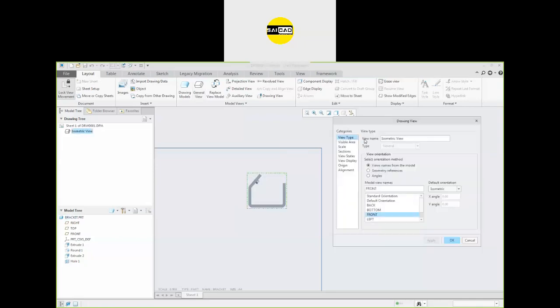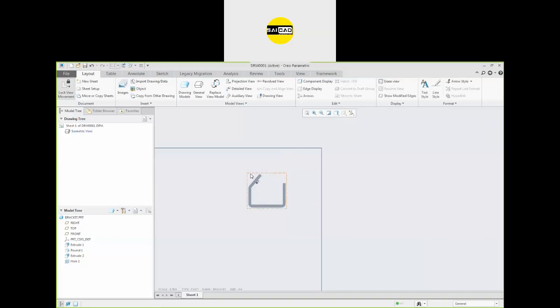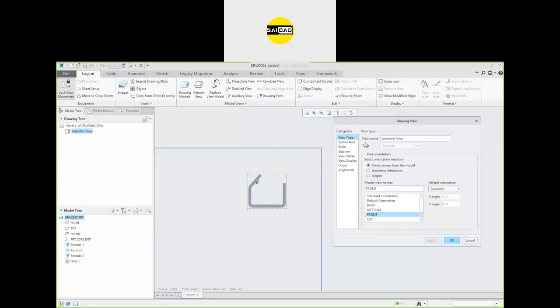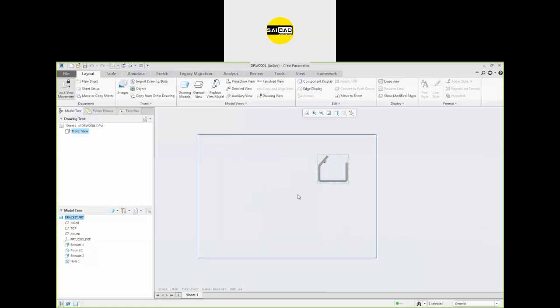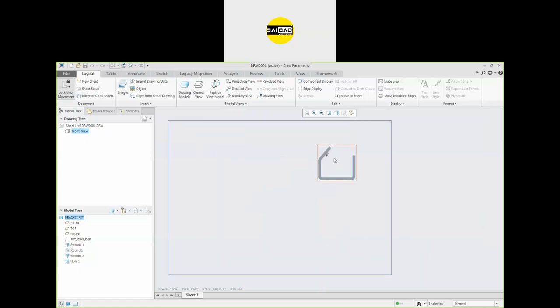Okay. If you double click, the menu will be back. Just press the double click and we will have the menu. So define the view name, whatever you need. Okay. So apply, click OK, and here we have the view. Now you can see this view. You cannot move this view right now. If you want to drag the view to another location, you will not be able to do that because currently this view is locked.